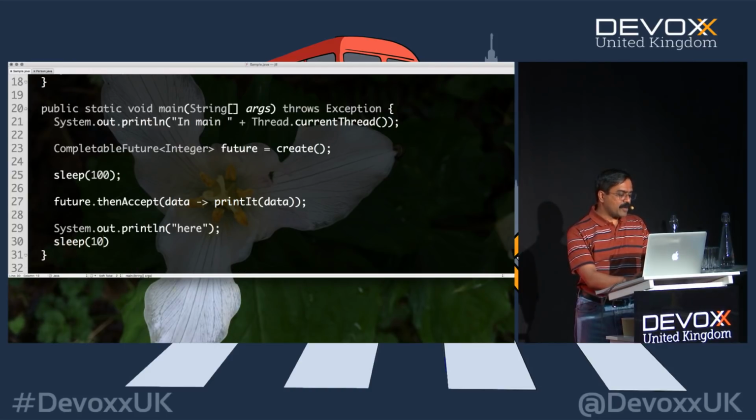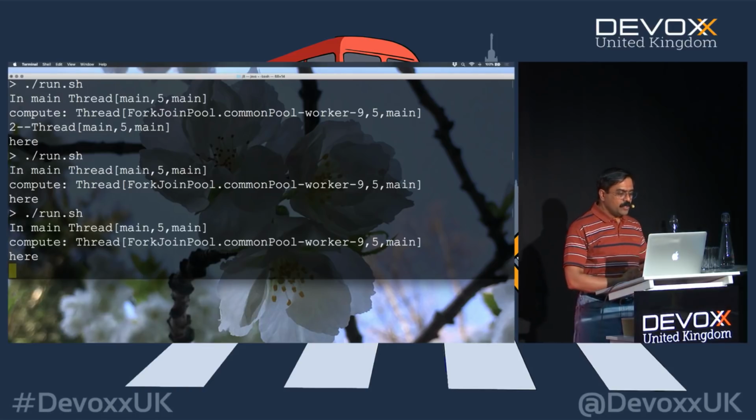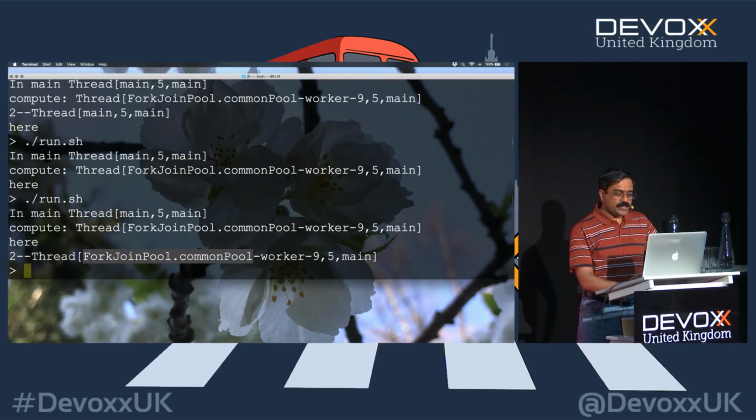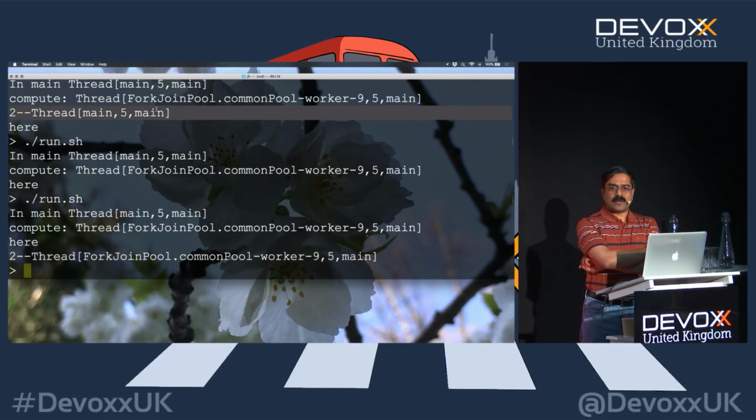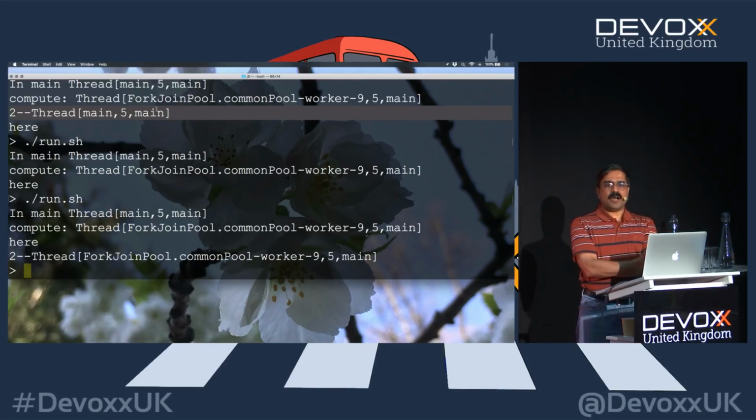Let's go ahead and sleep for about a second right here. Now when I go back and run the code this time, you notice the thread that's running the print is different from the thread that ran it here. So the moral of the story is, just because you're looking at this execution doesn't mean you know exactly the thread that's executing. In other words, think of the thread as an implementation detail. It shouldn't be your concern.